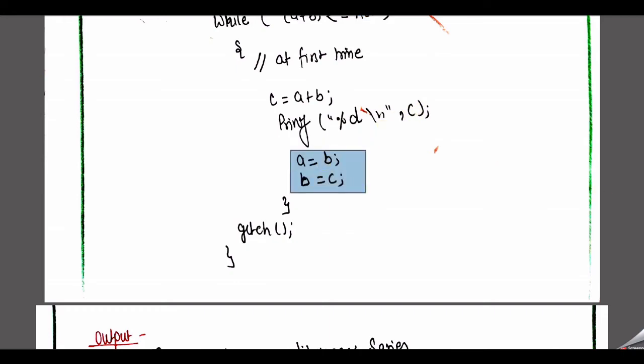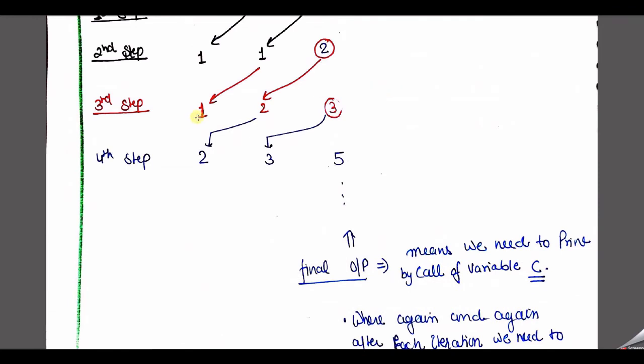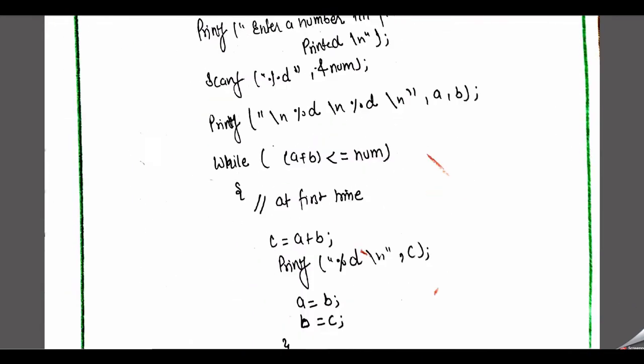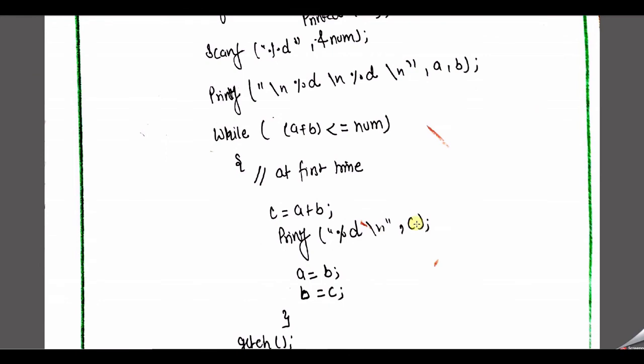First of all, we need to print this value. Why? Because when A is equal to 1 and B is equal to 2, we perform A plus B and we need to print it. After that, during the next iteration, you need to assign this value here and here. So after printing the value of C, we need to assign B into A and the calculated value of C into B. And again, we need to go where? According to the while loop flow chart, after performing the loop body, we go back to the condition.